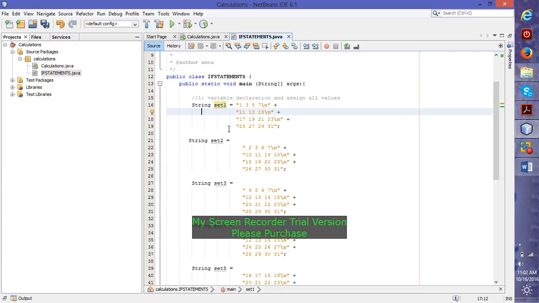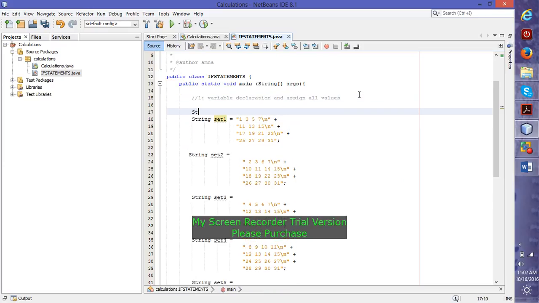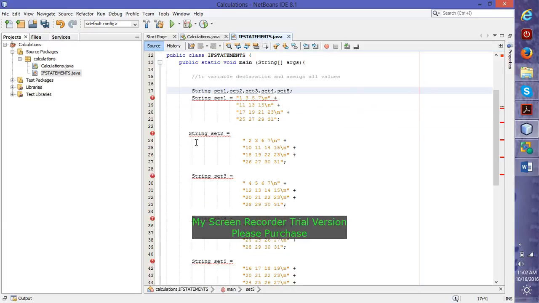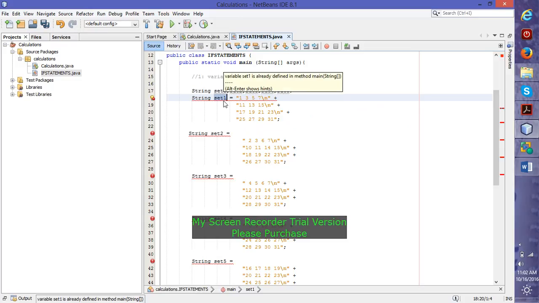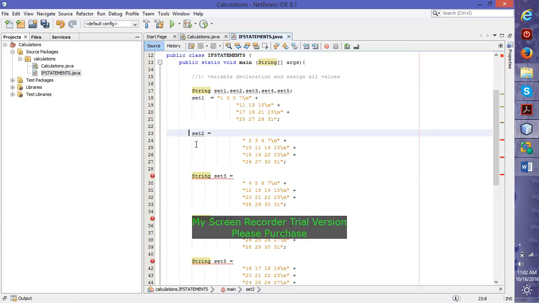One more thing that I want to tell you is, what you can do is declare string set 1, set 2, set 3, set 4 and set 5 over here. And you can remove the string from set 1. You can just write set 1 equals to this. You can remove all the strings